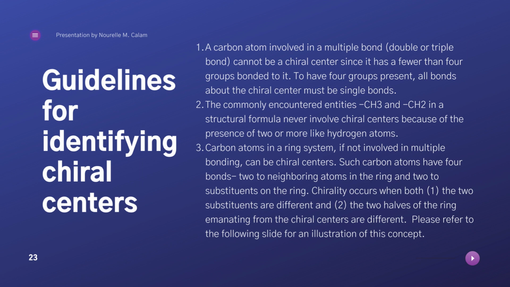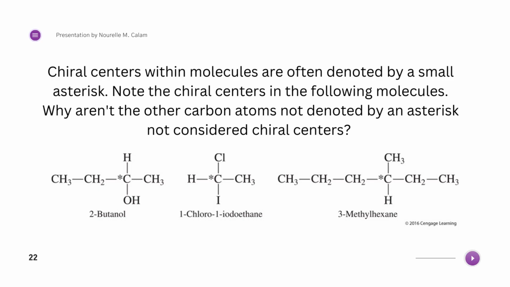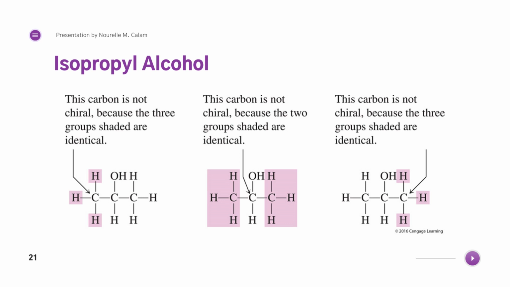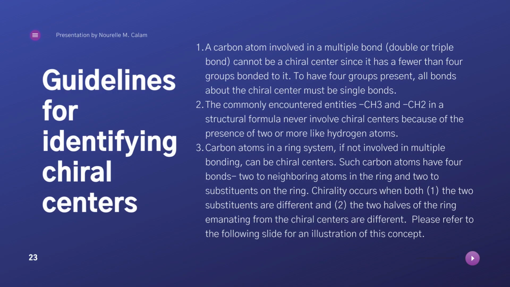Second condition or second guideline, the commonly encountered entities CH3 and CH2 in a structural formula never involve chiral centers because of the presence of two or more like hydrogen atoms, as is the case here in isopropyl alcohol, CH3, right? For the first carbon atom, you can see CH3, three identical hydrogen atoms are attached, therefore, it can never